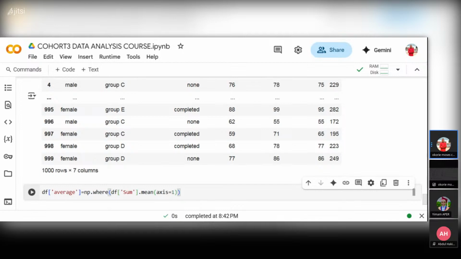Then we are going to say if it's lesser than